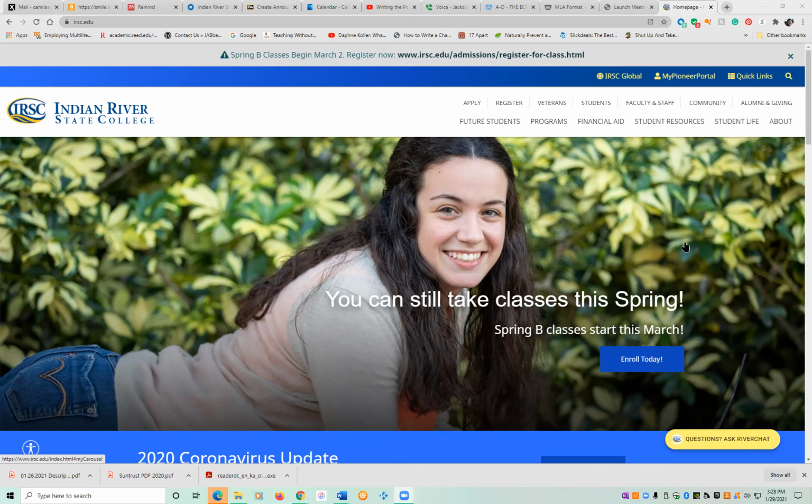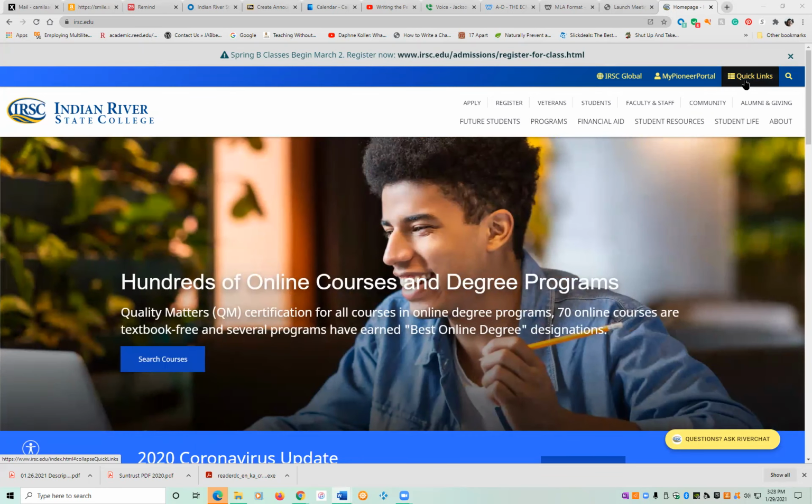So the first assignment in Module 2 is asking you to actually pull up 2 articles from our databases. And I want to make sure that you know how to get into the databases, how to find those articles, and in addition, how to format that onto a document. So I'm going to go ahead and follow the steps here and walk you through doing that. So the first thing that we're going to do is, from the main IRSC website, we're going